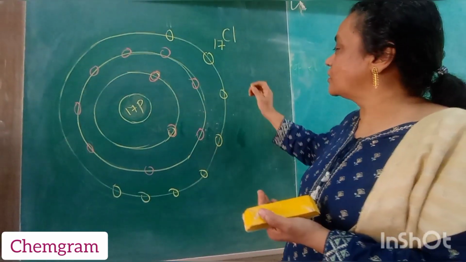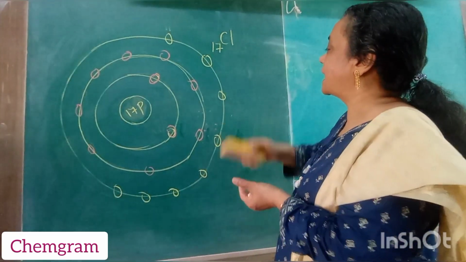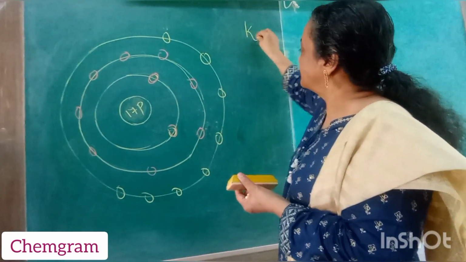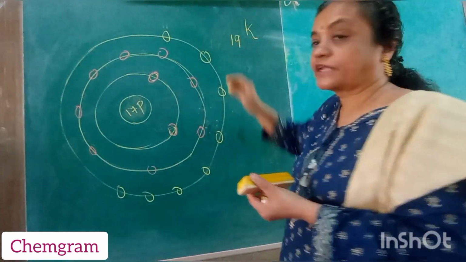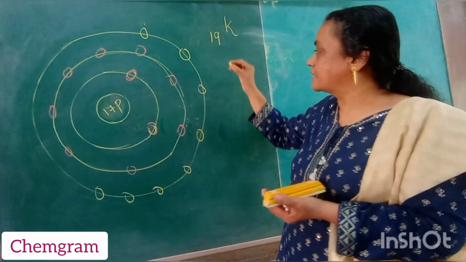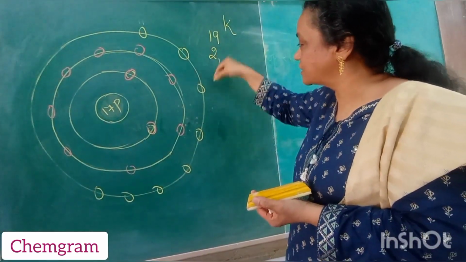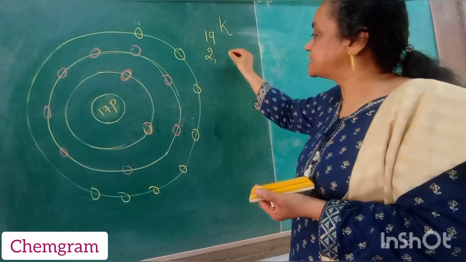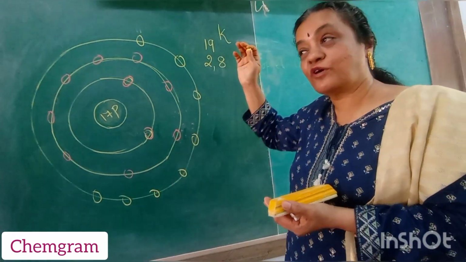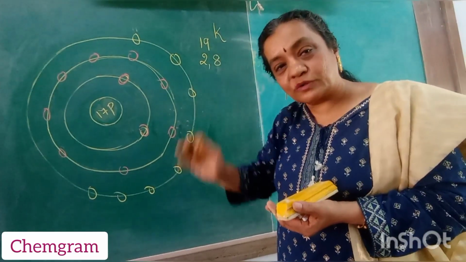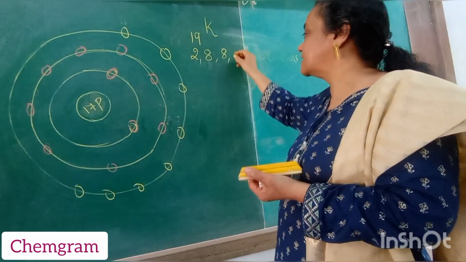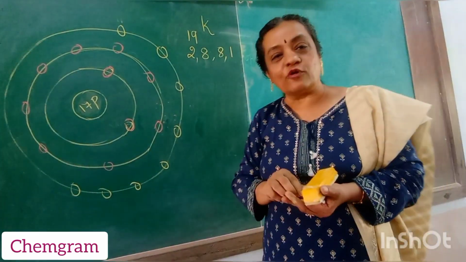Okay, let me also take one more example. Suppose I have potassium. This is important because potassium जो है इसका atomic number 19 है. तो हम अगर कैलकुलेट करते हैं तो फर्स्ट शेल में 2 इलेक्ट्रॉन जाने चाहिए, नेक्स्ट में 8 and तीसरे में 18 का स्कोप है, पर we always see that वो 18 होता नहीं है, तीसरे में भी 8 ही होगा and then the next electron will go into the fourth shell.